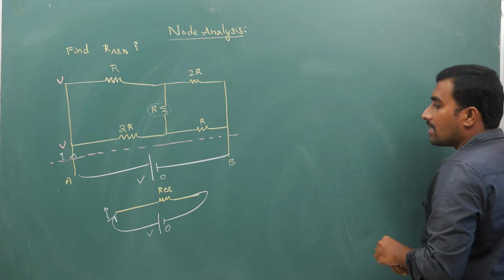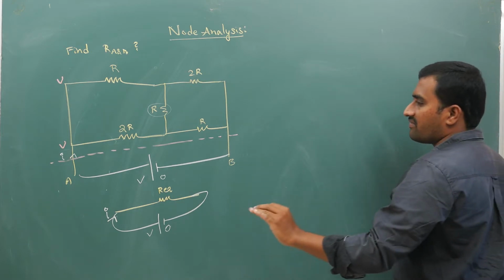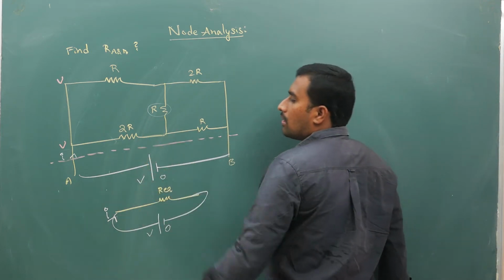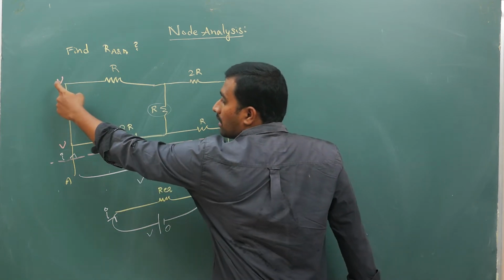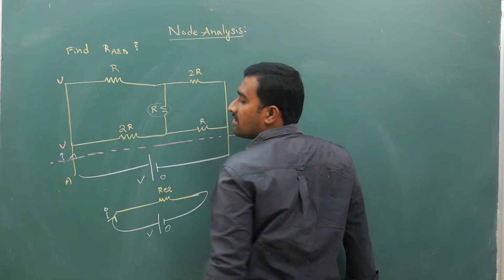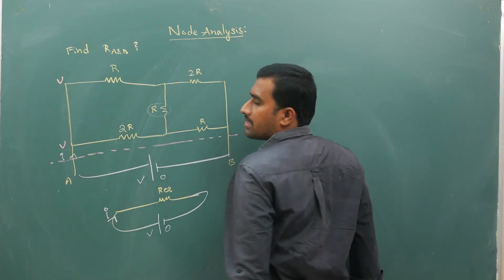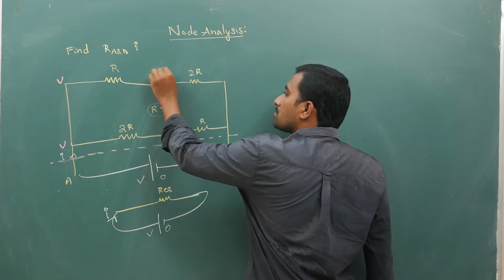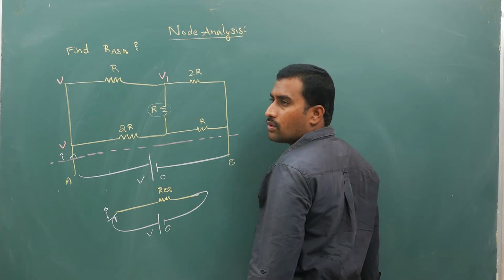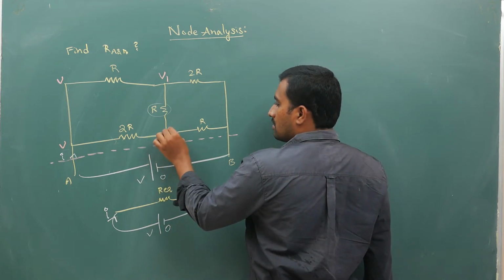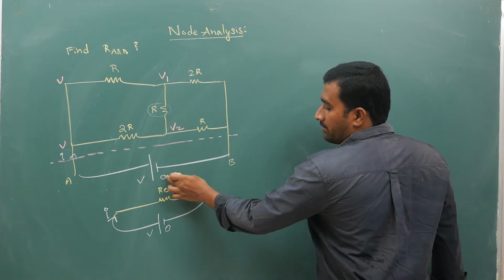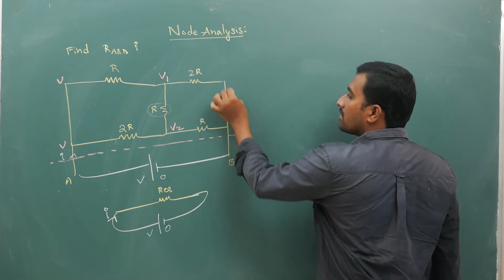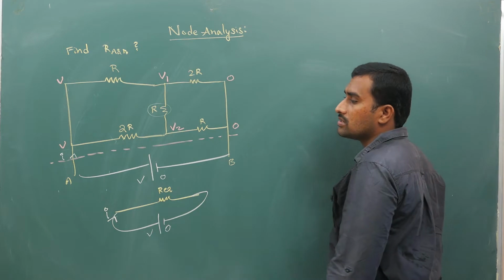Okay, your steps I will write separately, but first I will explain the logic of how you are doing it, then I will give step by step in detail. So now if this is V volt, this will be V volt because there is no resistor here. Next, at this point if V1 is the potential, and at this point the potential is V2, because this is 0, at this point it will be 0.